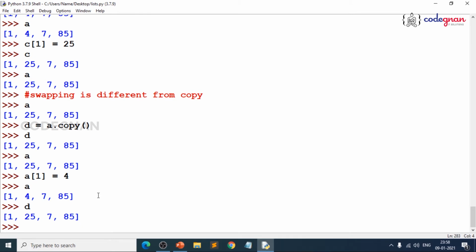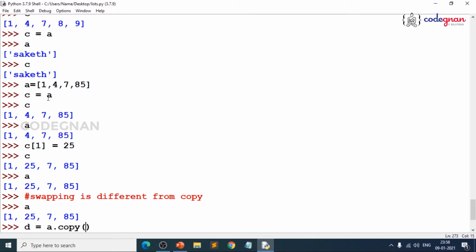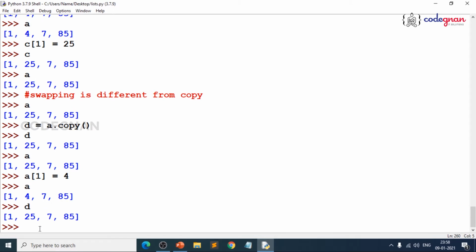There is no change, because we are copying the elements, but when you are assigning it, you are assigning complete A to C. If you change anything in C, A will be modified. If you change anything in A, C will be modified. That's it. This is very important. That step plays a very key role. So copy just copies all the elements.